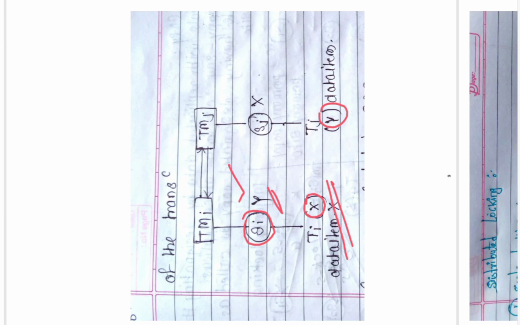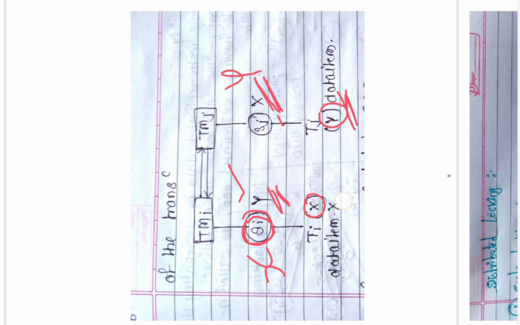One more thing, here you can see this particular transaction TJ wants to use data item Y, but on this particular site SJ which data item is there? Data item X. Right. So the data item I need here is X, but what I have is Y. This particular transaction TJ is executing on site SJ, which has data item X present, but I need data item Y. And who has data item X? Site SI. And the data item I need, Y on site SI, is present on site SJ.